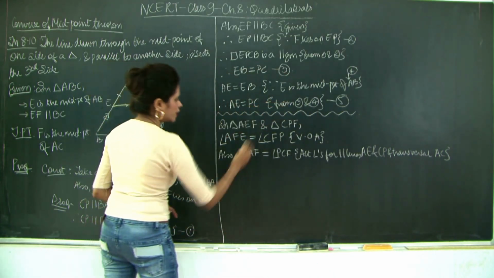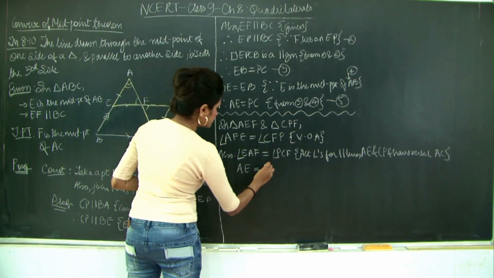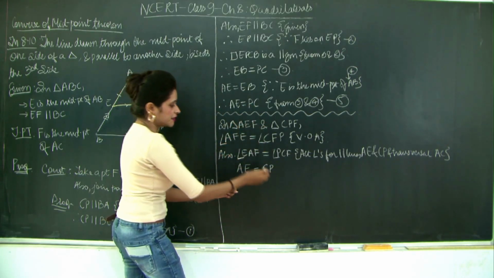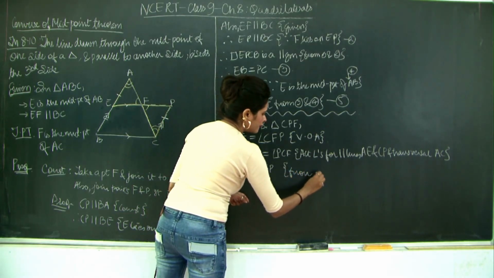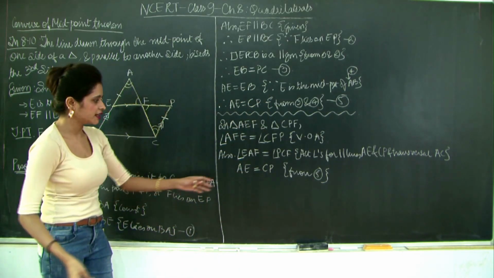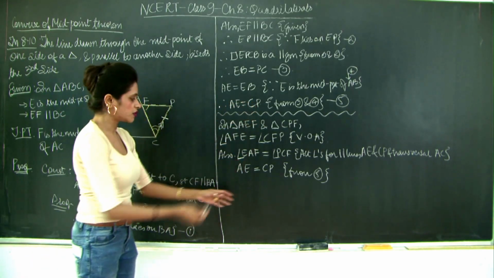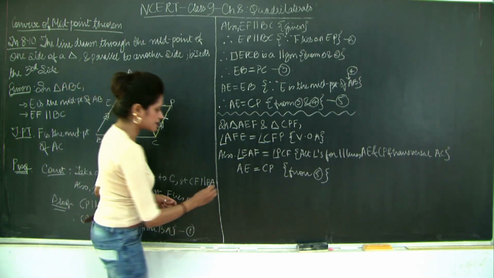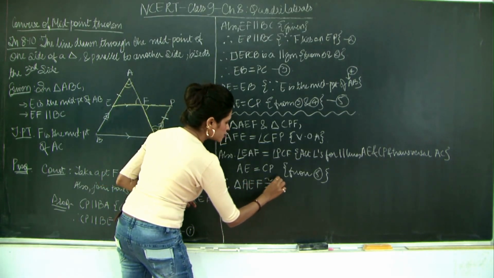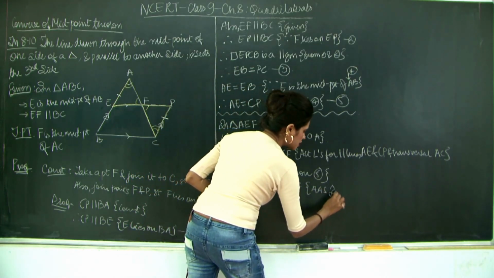Right, and we just proved over here that AE is equal to CP. Instead of PC, I am writing CP because this is according to the correspondence. PC is the same as CP, and I will say from 5. So just in case you might get confused over here, I'll change it to CP itself. Doesn't make much of a difference, right? But here correspondence matters a lot. That is why I just went ahead and changed PC to CP, because this was a requirement according to correspondence of triangles. Therefore, what can I say? That triangle AEF is congruent to triangle CPF by AAS test of congruence.